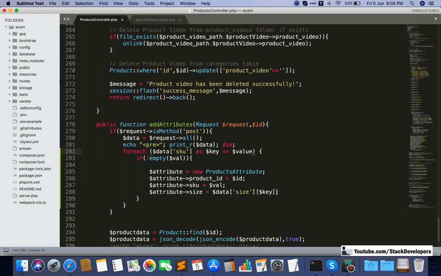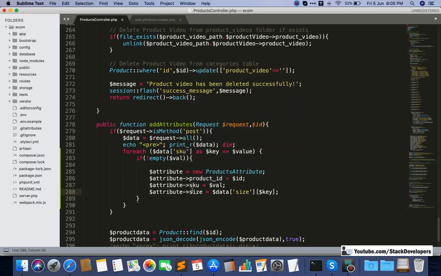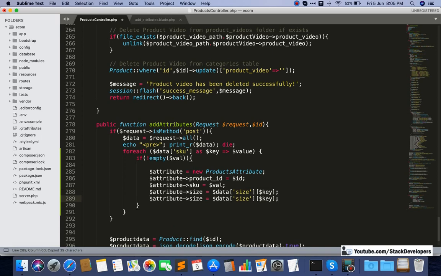So now after size I need to pick size, price, and stock.